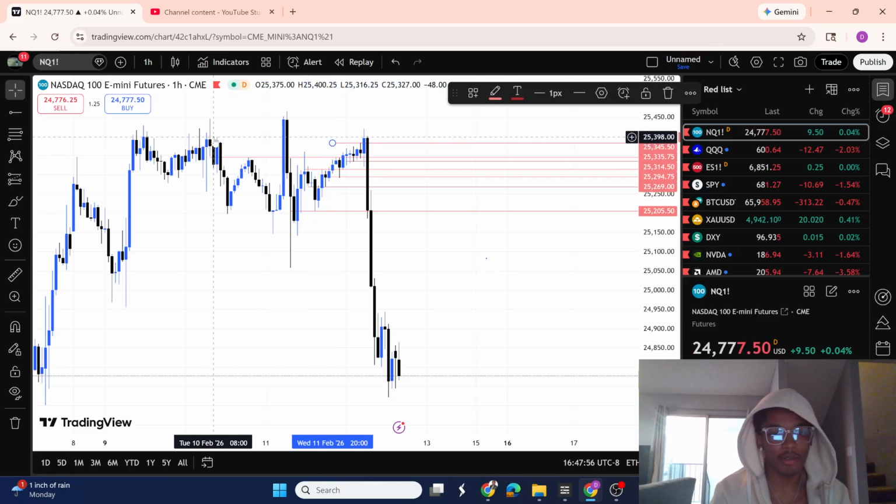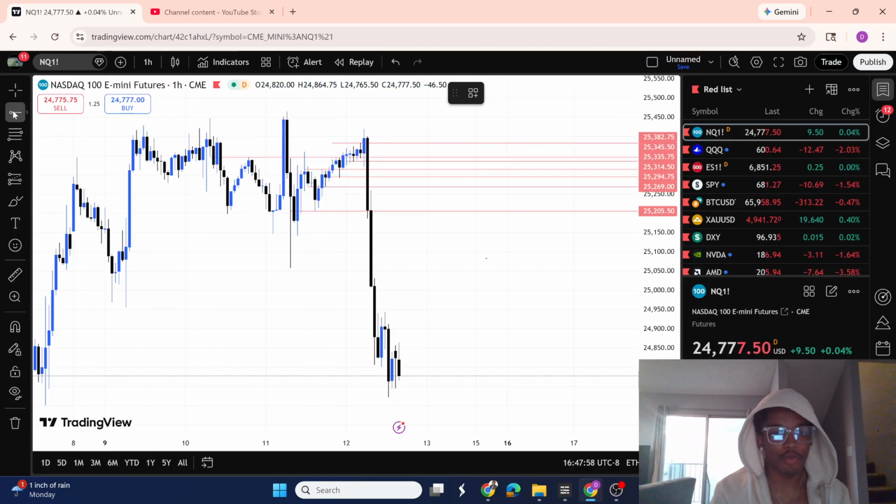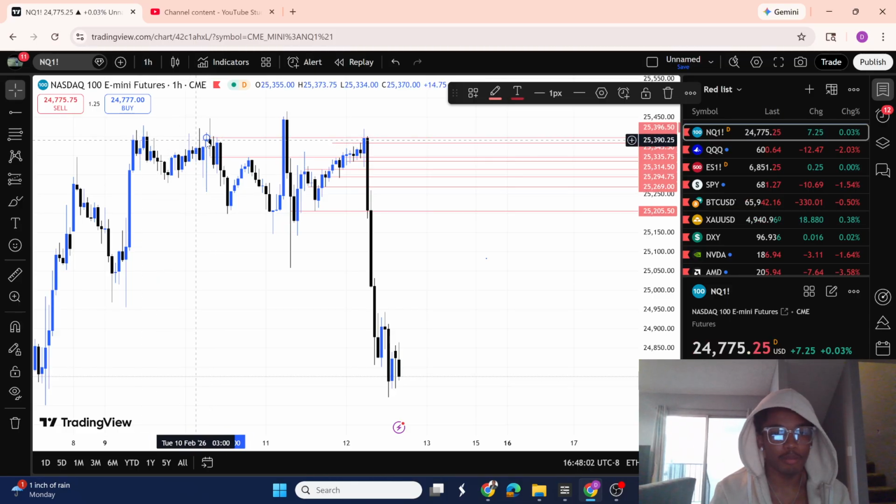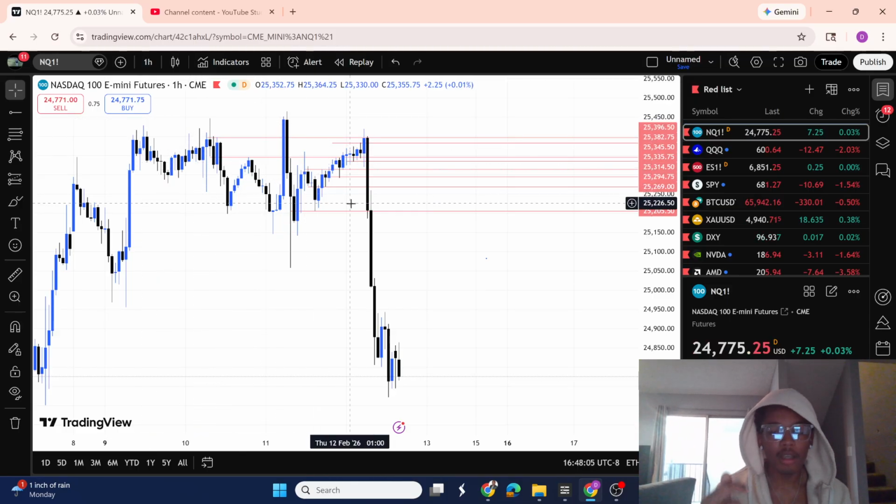Boom. So now we have reference points. We see some hourly highs right here. Boom. Now we have a reference point of where price may head. Now you can see this is a lot of lines. And once you get used to it, you'll start to know which ones may and which ones have a least